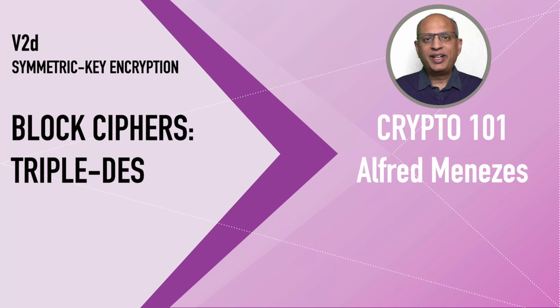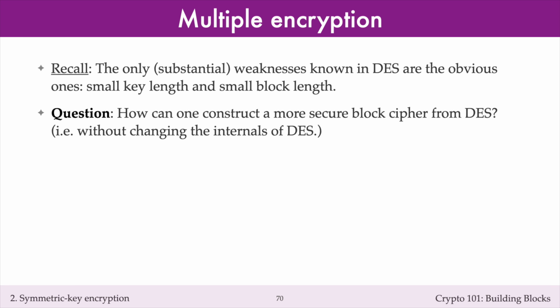Hello. In today's lecture, I'll examine double DES and triple DES, which are two attempts at increasing the security of DES. A natural question to ask is, how does one construct a more secure block cipher from DES without changing the internals of DES? This is a useful question because DES was widely implemented in hardware in the 1980s and 1990s, and so it would be useful to be able to reuse this hardware to construct a more secure block